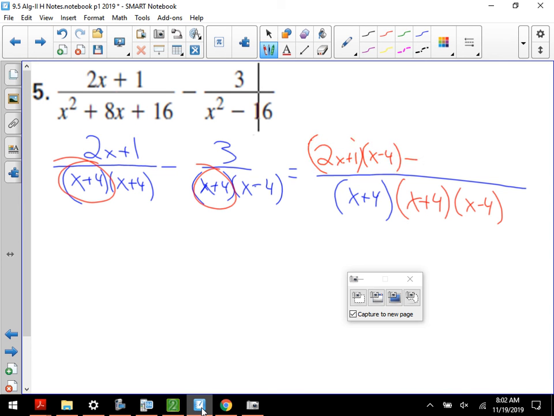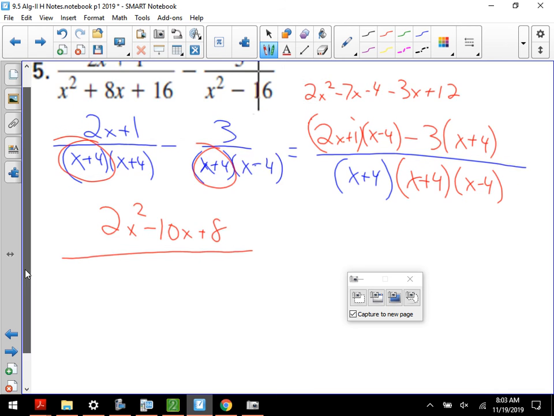That was minus again, yeah. And the other one just needs an x plus 4. Combine all your like terms in the top and leave the bottom how it is. FOIL that out, you get 2x squared minus 8x plus 1x, so it's minus 7x minus 4 minus 3x plus 12. Put all that together, you get 2x squared minus 10x plus 8 all over